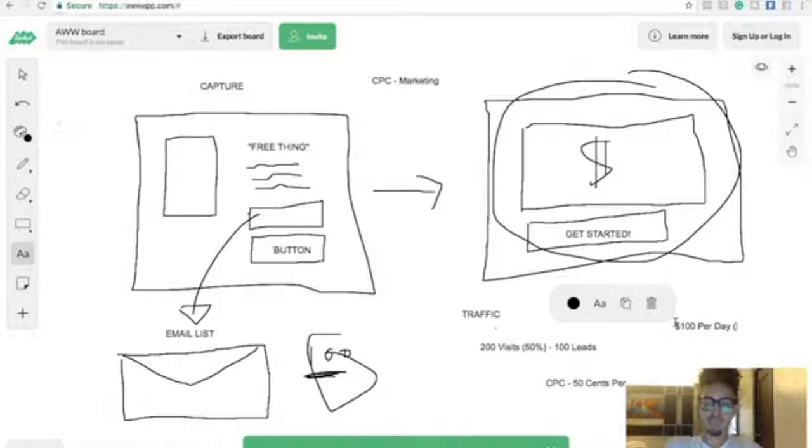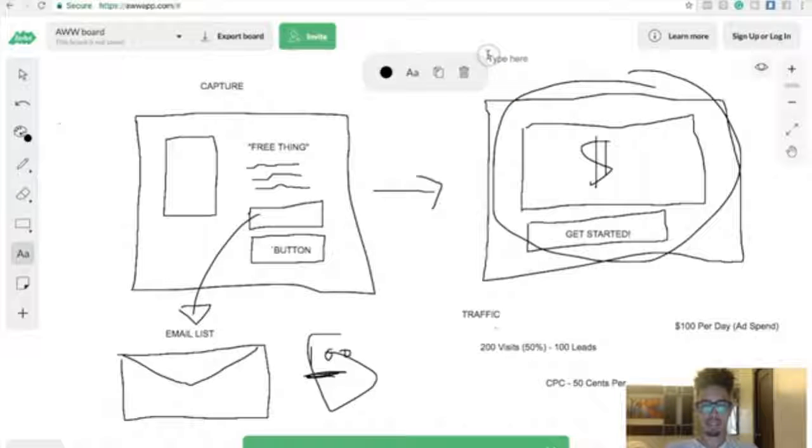So what you need to do is find an offer that converts, where if you're spending $100 per day, you're going to make that back. And let me explain what I mean. So the current offer that I'm promoting, my long-term value, I'll explain what it means.